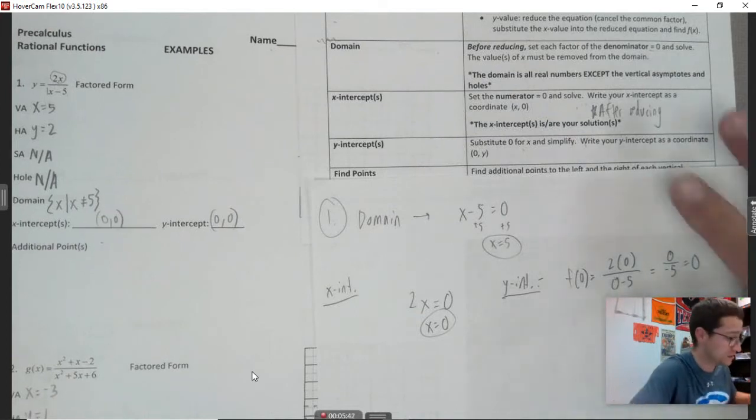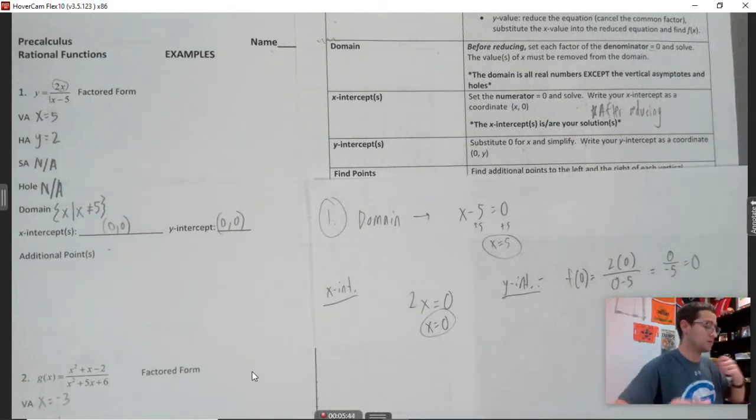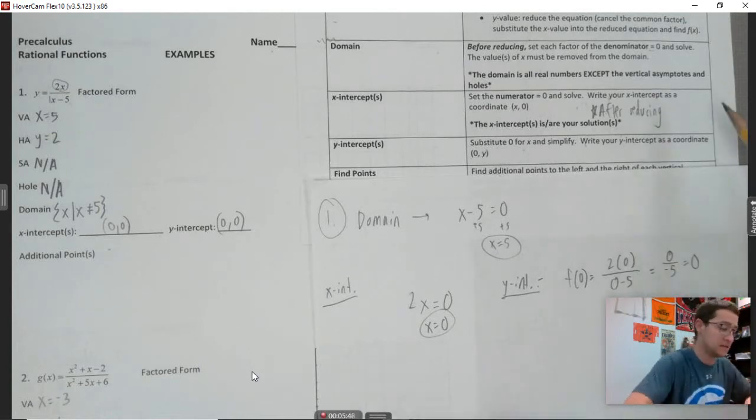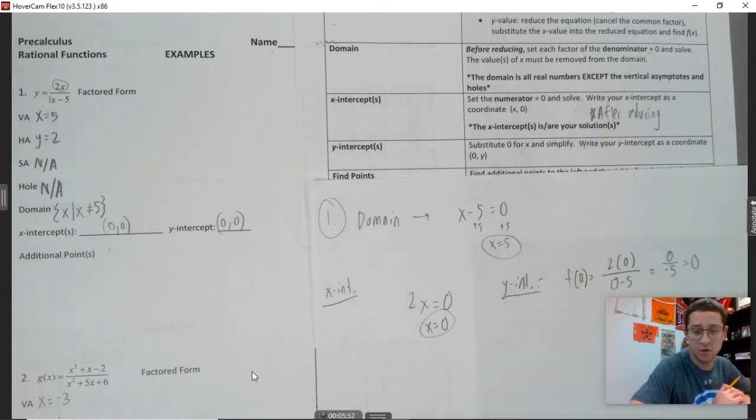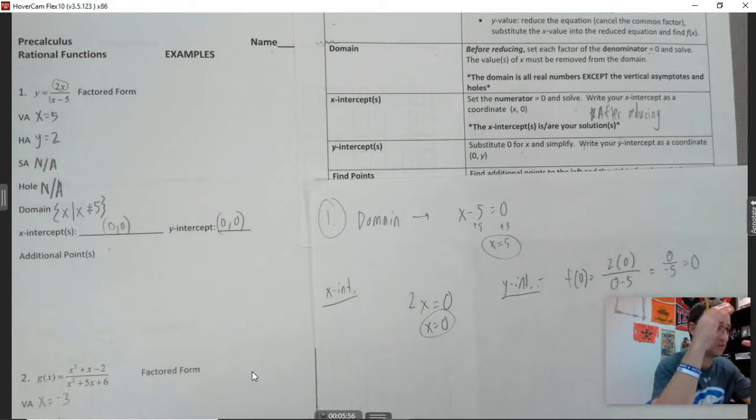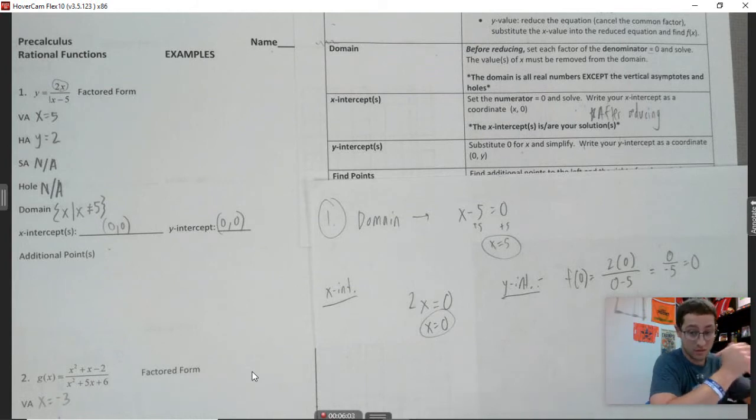Now, one thing I do want to mention about the x-intercepts, I want to go back a little bit, is to think about why it's the numerator that we set equal to 0. If we have a rational function, we've got some pieces on the top and some pieces on the bottom. The reason why we set the numerator equal to 0, and we don't care about the denominator there, is